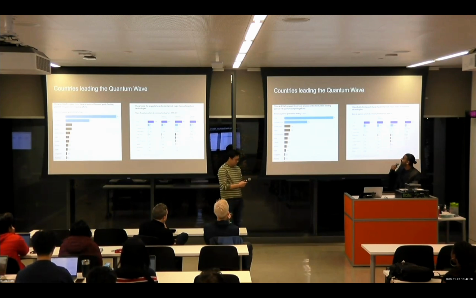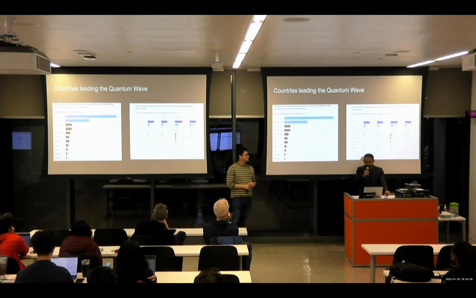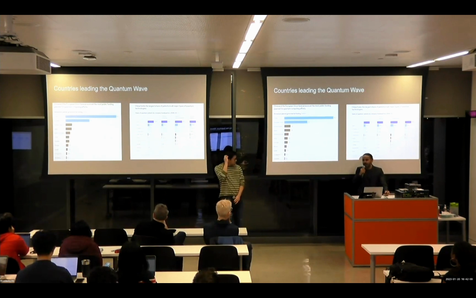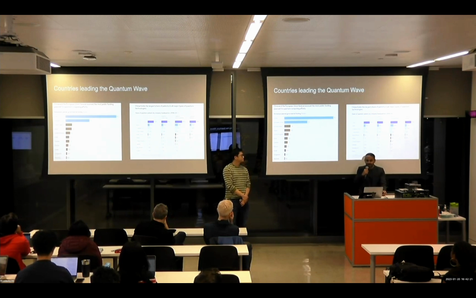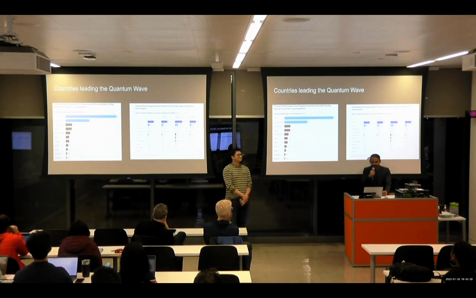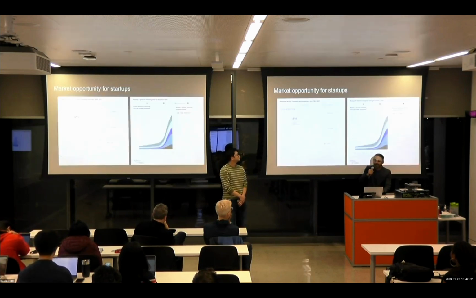Thank you so much, Jason, for the great introduction. So, who are the countries that are currently leading the quantum wave? As students of business, that is important for us. How can we get involved in the quantum wave? Currently it is China. China is at about 15% in terms of public funding, and even in terms of the largest number of patents that countries have. The United States is very low, as we need to catch up. We are currently only at 2% in terms of funding. So yeah, let's move to the next slide.